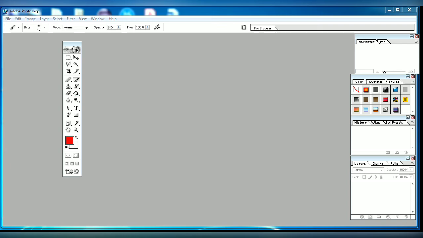This is the path selection tool. This is your text tool. This is the pen tool.